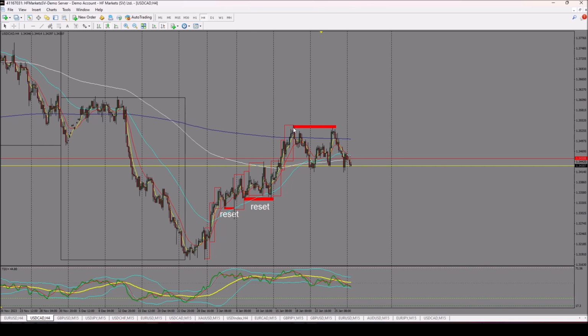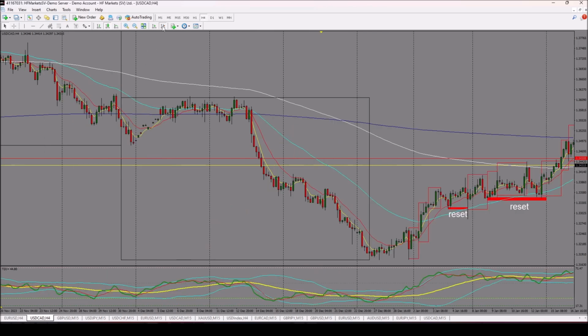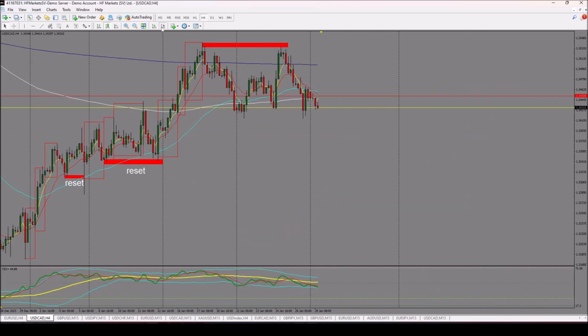So in this particular case, we can say USD CAD has already completed its cycle to the upside in terms of strengthening the US dollar, but on the USD index, it hasn't completed its cycle. So what do we do, or what happens? We have what we call fractional disparity, which is a factor of waiting for one another whilst we consolidate